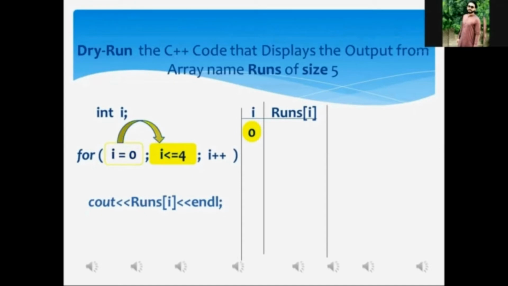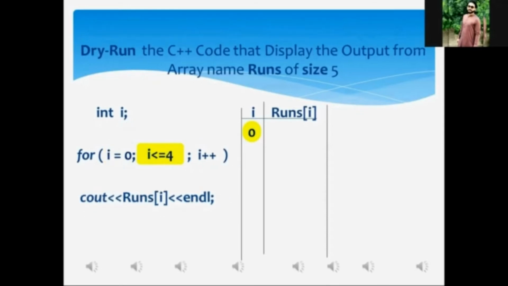Yes, sir. And when this condition statement will be executed, my dear, what is the current value of I? 0. If you place the current value of I, that one is 0, in the condition, what will this condition become? 0 is less than or equal to 4. Okay, just like it is being shown in the diamond box right now, 0 is less than or equal to 4. Mr. Aftab, tell me whether this condition is true or false. It's true, sir. Mr. Aftab, your answer is correct, my dear.